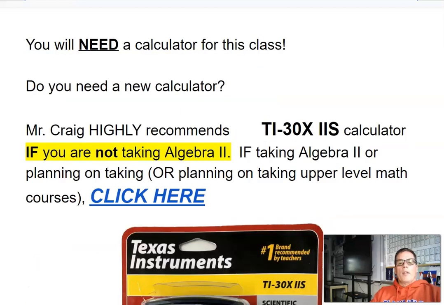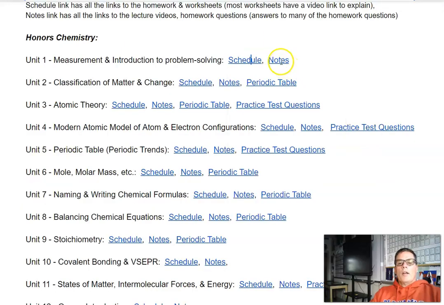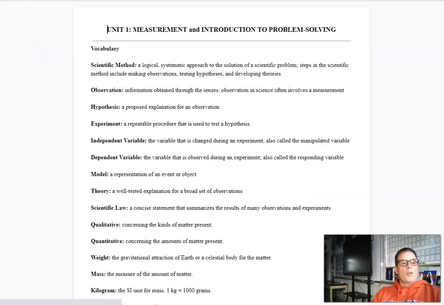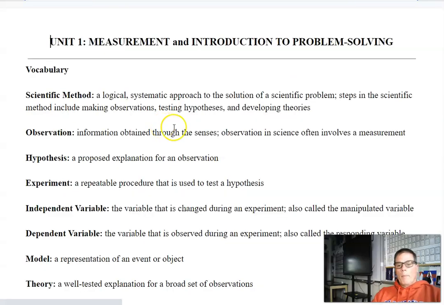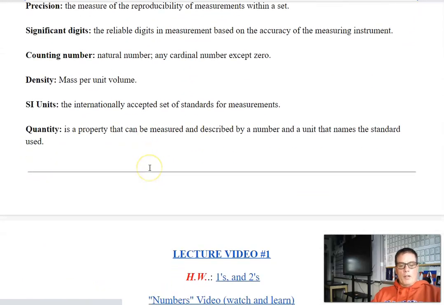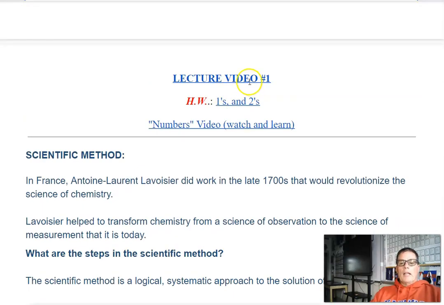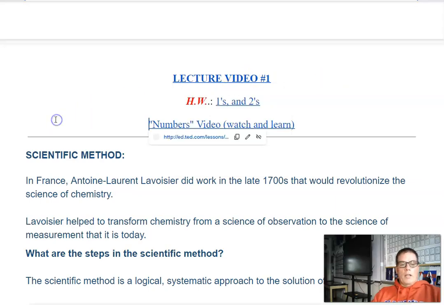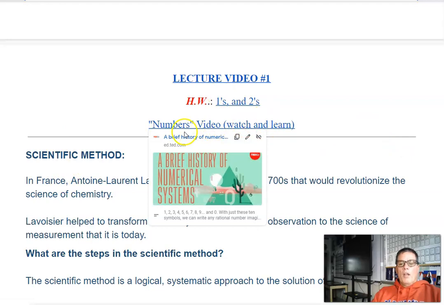Let's get rid of that. I think it's this guy here. Yeah, so the notes, what's going to happen is I will not print these off for you, but again, these are in Google Classroom. So you'll have all the notes already ready for you to go. And there we go. So I'll give you this information in Google Classroom, and it'll have some introductory type stuff. Again, a link to the video if you need to access the video. Same link that I just showed you here, and the homework's up here, plus a few other things.